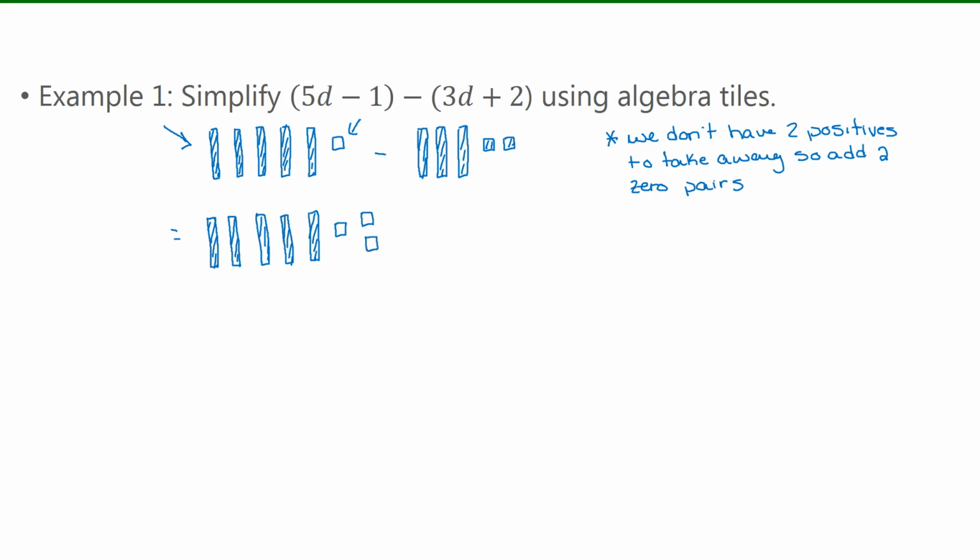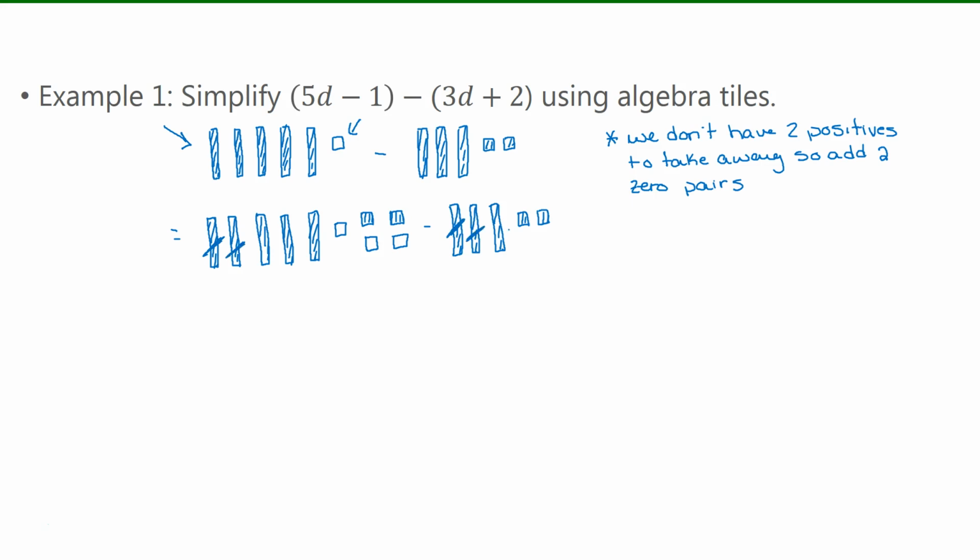So I add a positive 1 tile and a negative 1 tile, and another positive 1 tile and a negative 1 tile. So by adding 0 pairs, we're not actually changing the expression at all. And from that, again, I'm subtracting my 3d's and my 2 positives. So now let's subtract a d,